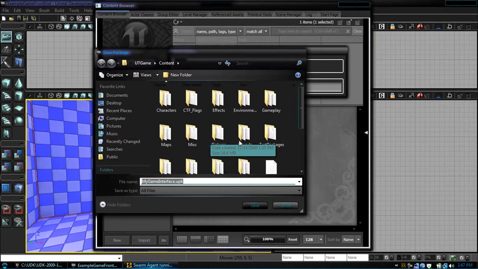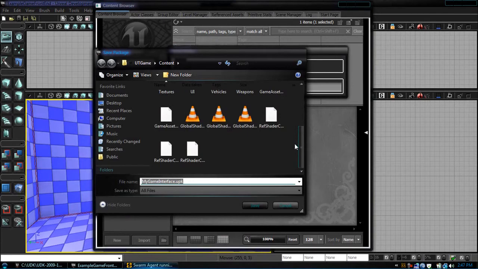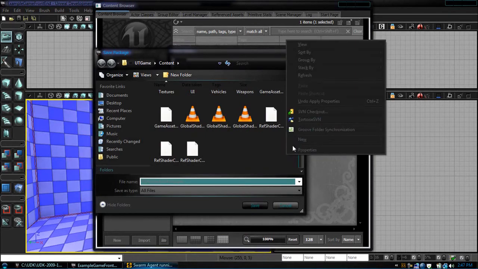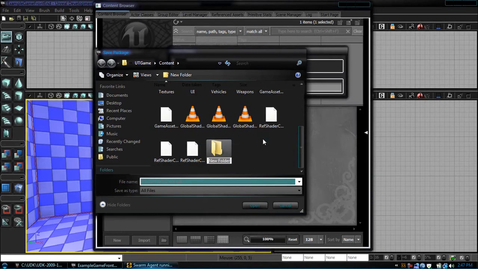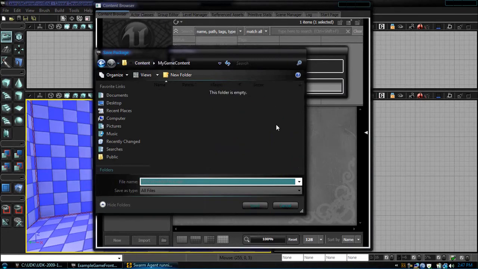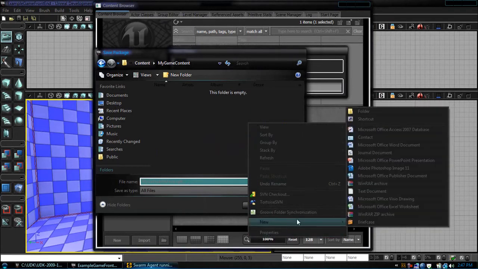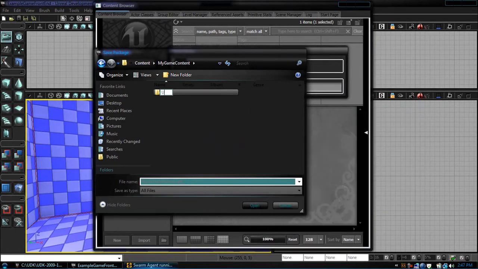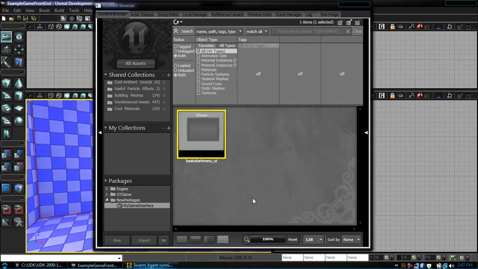So now where we want to save it is we're going to go to UT game, content, we're going to make a new folder, call it example game. No, better yet, let's name it my game content. Inside here, make a new folder called UPK. And this is where we'll put this. Save it. Okay, now what we're going to do is